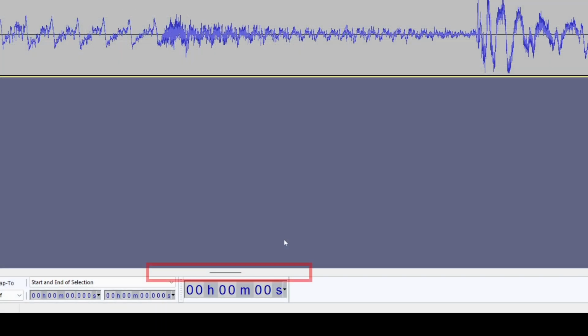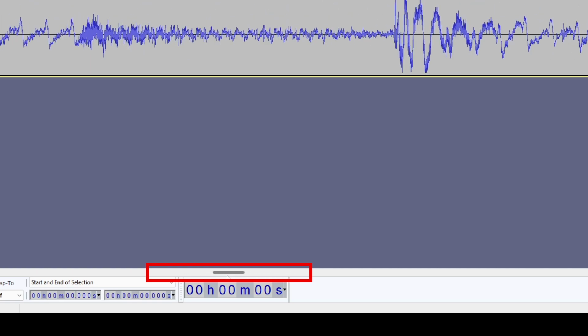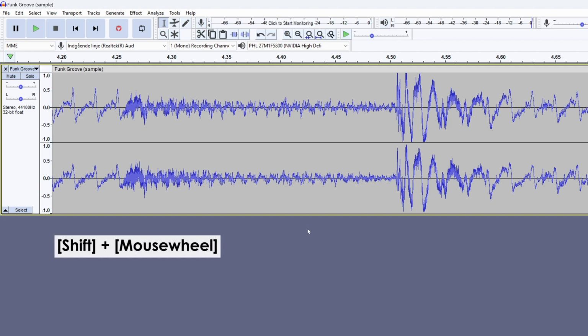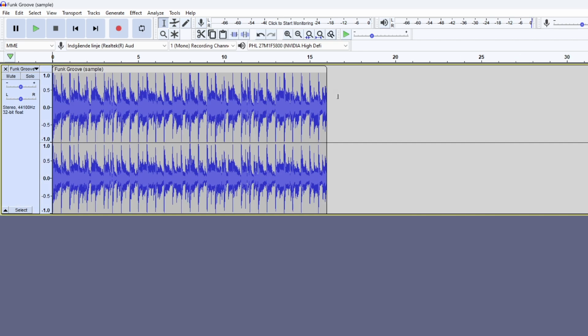You can scroll horizontally with the bar at the bottom. Or you can use the Shift key and the mouse wheel. And you can move audio clips by dragging them from the title bar.